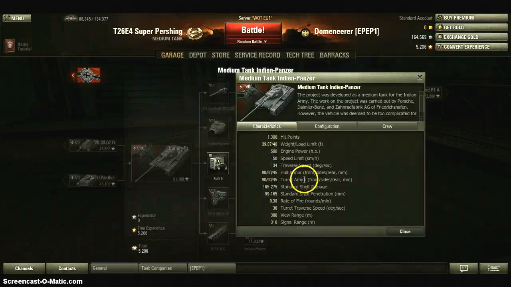The turret armor, 90 at the front, 90 at the sides, 45 at the rear, is exactly the same as the hull armor. It's weak, it's not enough. But the turret is sort of a mini version of the Löwe. It's got the same shape, but it's just a bit smaller than the Löwe. So this turret is sort of impenetrable, so it's good,